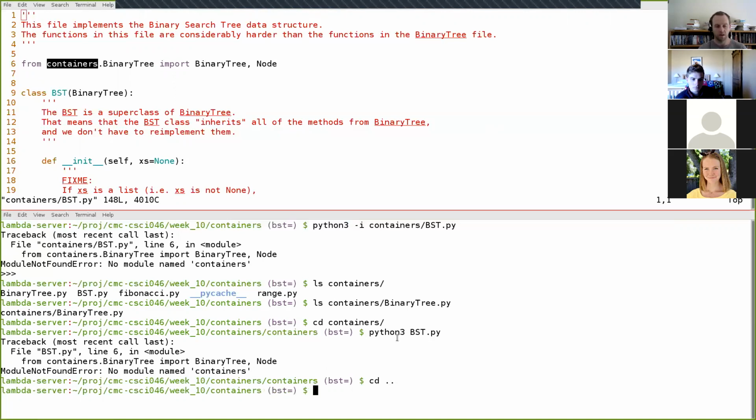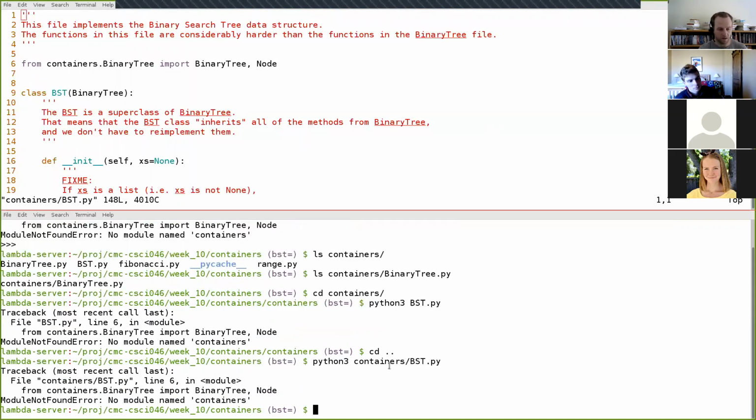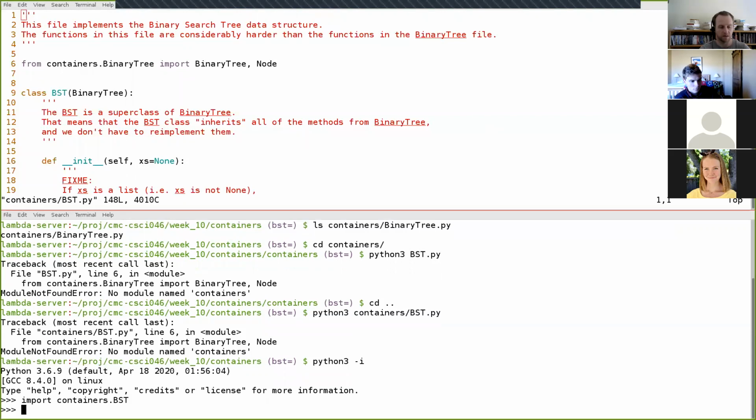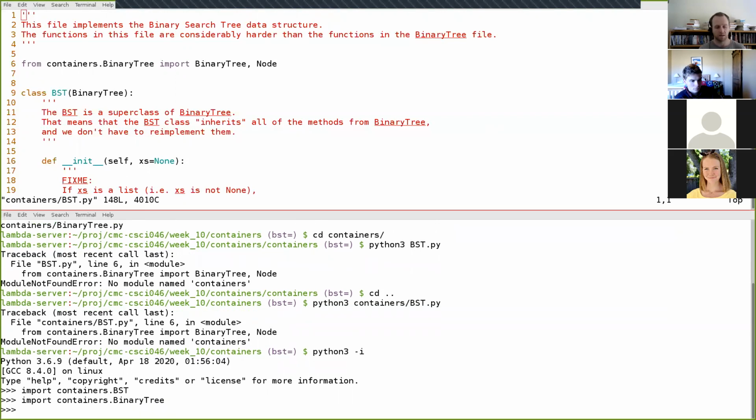When you're debugging, you won't be able to use this -i flag with a file name. You'll have to do python3 -i. Notice that here, I did not specify a file name on the path. I just said python3 -i. Inside of here, I said import containers.bst like this, and import containers.binarytree like this.